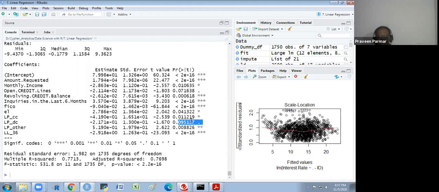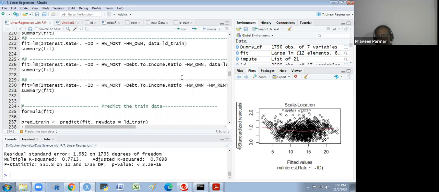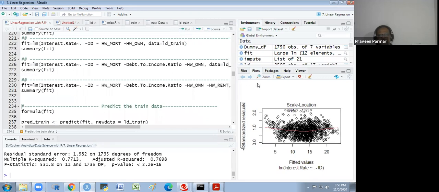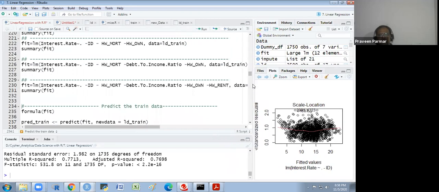I will explain that also. In logistic regression, I have applied that step method. Here we have very few variables, so we have not applied it, and later I will explain its importance. Is it clear to you? Yes, sir.